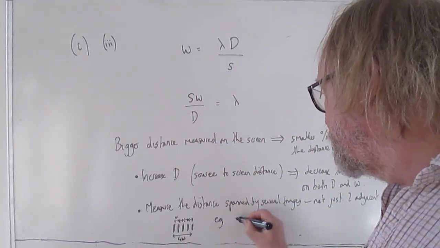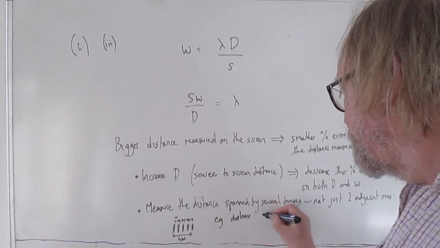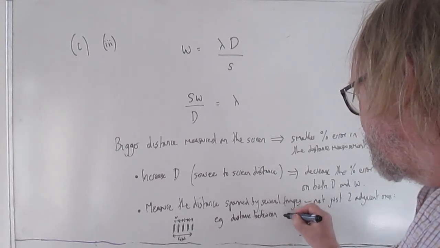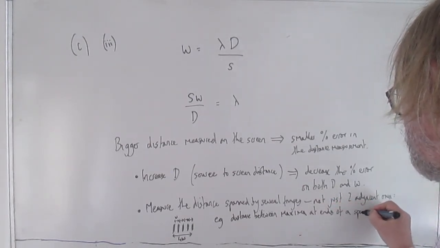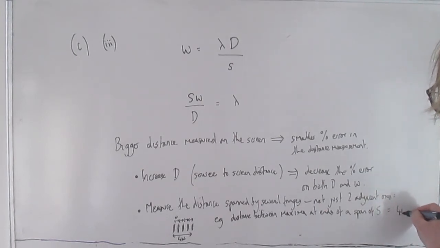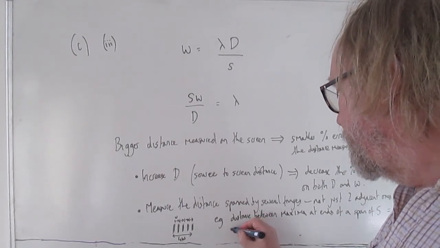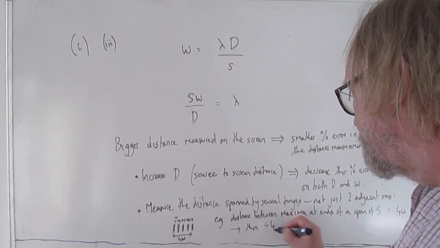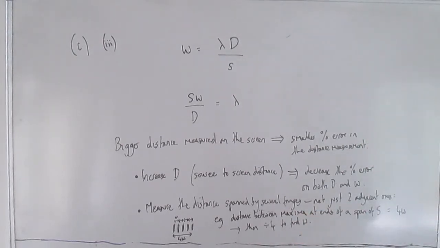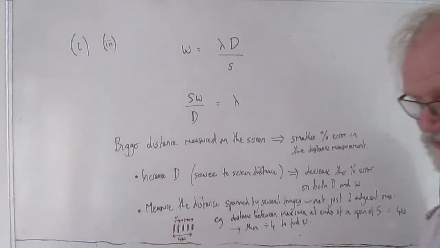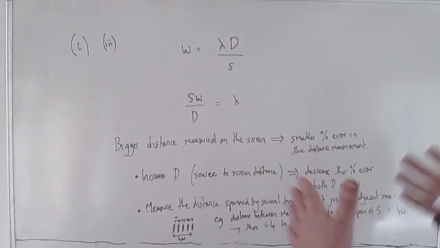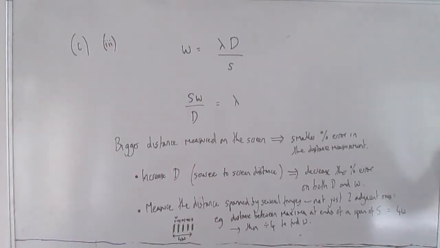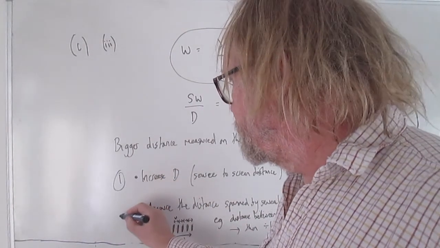So e.g. the distance between the maxima at the ends of a span of 5 is equal to 4W, and then divide by 4 obviously to find W. But again, you can see the advantage of that is that you're measuring a bigger distance, and so because the absolute error on a distance measurement is always just determined by your measuring instrument, it will be the same absolute error for a big distance as it will be for a small distance, but in percentage terms that's a smaller thing. So that's the first thing you can do, that's the second thing you can do, and there is a third thing,